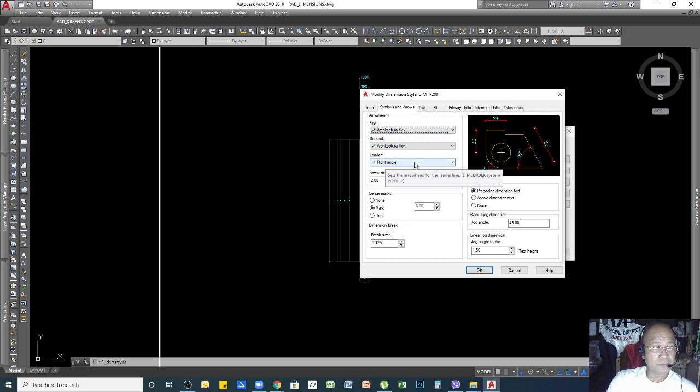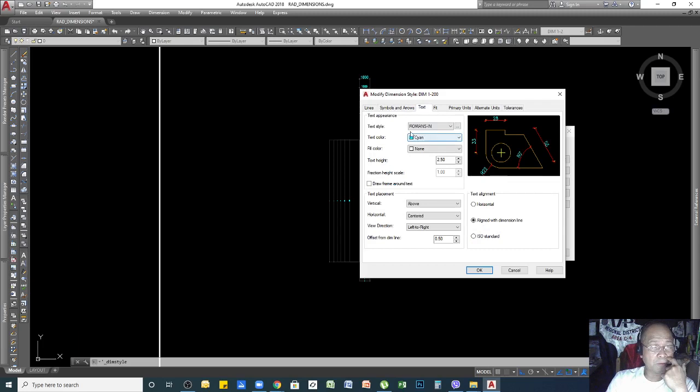Then for your leader line, this is actually the one you use for putting an annotation or label. Arrow size 2 refers to this one. If you increase this number, this one also will increase. I will enter, you see this one becomes bigger. So 2 is enough. And then the rest is okay. These are defaults, so no need to change.